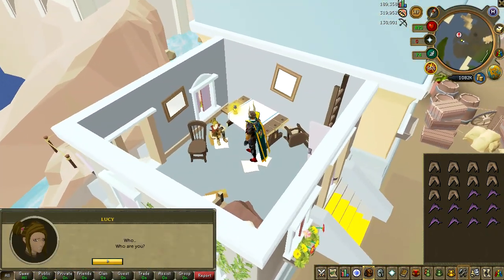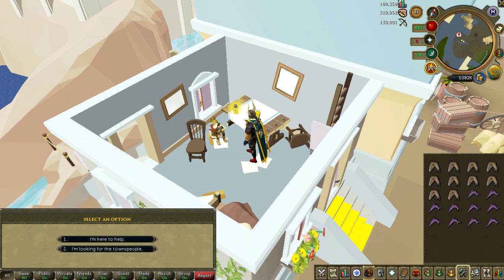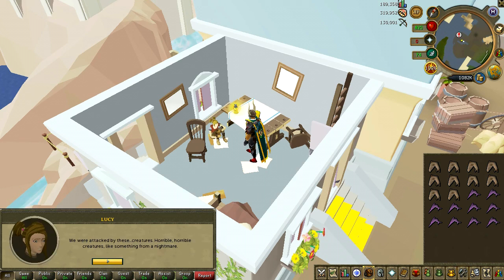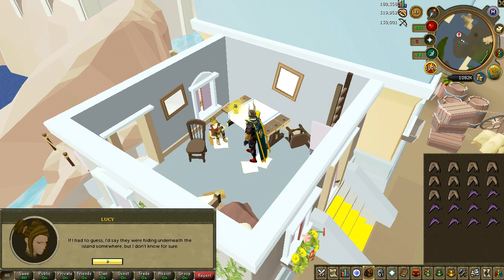You're then going to enter and you will automatically start talking to Lucy. She's going to ask who you are and all that sort of stuff. You say that you're here to help. Continue through the dialogue with her. Now she prompts you with 3 options. You're going to go through all these options, starting off with the top one, now the second one, and then